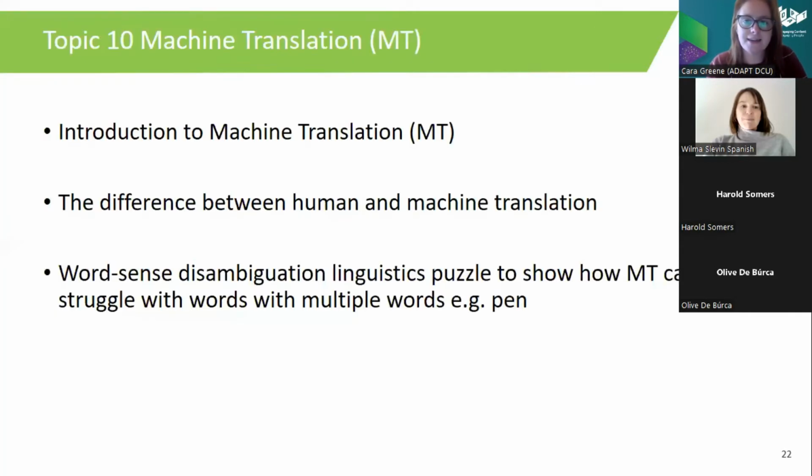Okay, so that is the very quick fire overview of the 10 topics. So I'm going to stop sharing. Do we have any questions at this point? I'll just have a quick look in the chat. Oh, someone has problems with audio there. No, I don't see any other questions. Okay, so if we don't have any other questions at this point, I'll just hand over to my colleague, Will Slevin, who's going to take us through a brief overview of the historical linguistics module.